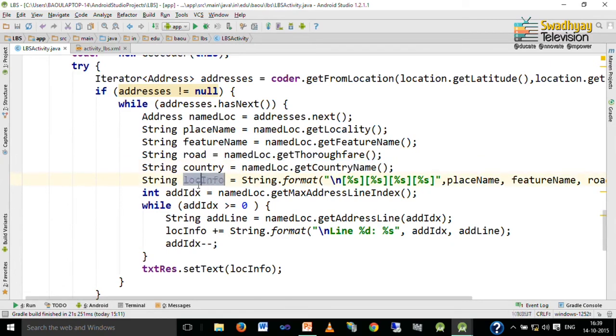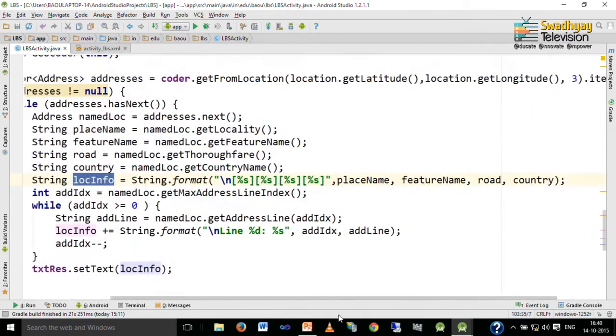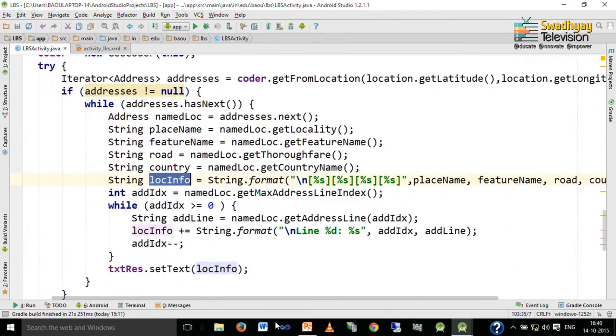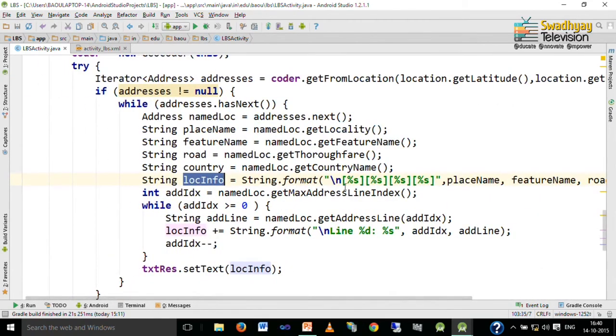Finally, we join all these in square brackets using the string dot format method, and there are 4 strings. First is the place name, another is the feature name, third is road, and fourth is country. So, we have this information available as a single line.